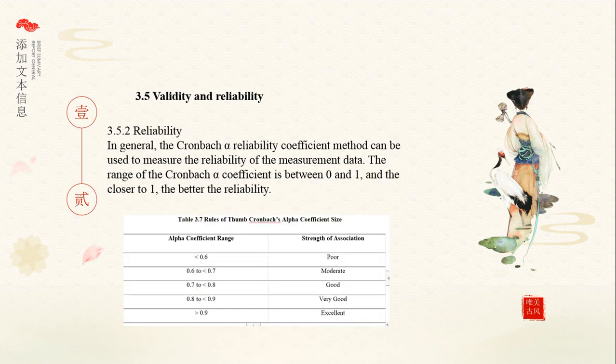And then the reliability. For reliability, I use Cronbach reliability, and the data is between 0 and 1. Here is the table. If the data is more than 0.9, the result is very excellent.